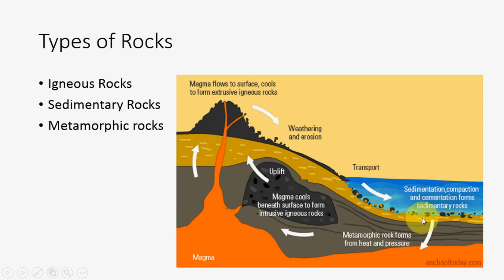Now, the next stage is how it gets formed into metamorphic rocks. As we know, when two plates are converging against each other, one of the plates gets destroyed when it enters below the other plate. Once it goes below the other plate, the magma dissolves that particular plate, and at that time, due to intense heat and pressure, those sedimentary rocks get converted into metamorphic rocks.